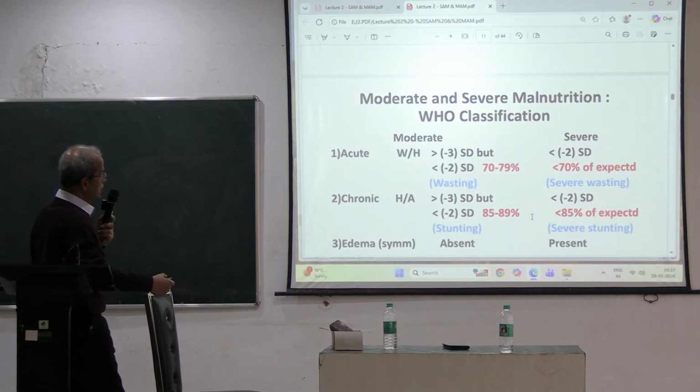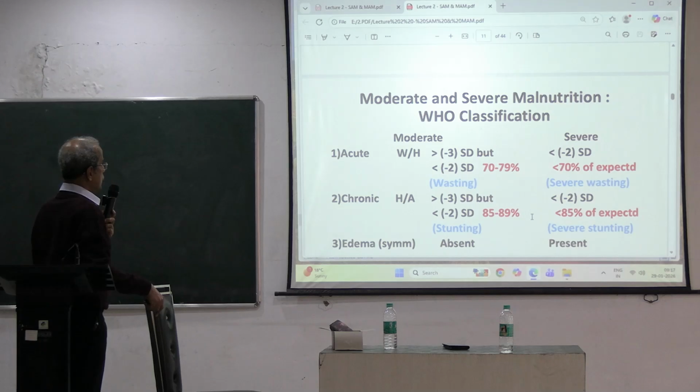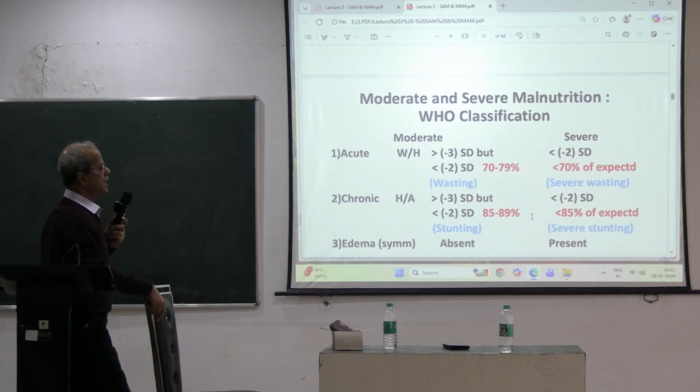And this is the moderate and severe malnutrition. Moderate malnutrition means the child will fall below the 3rd centile, and severe malnutrition means the child will fall below the 2nd centile. So